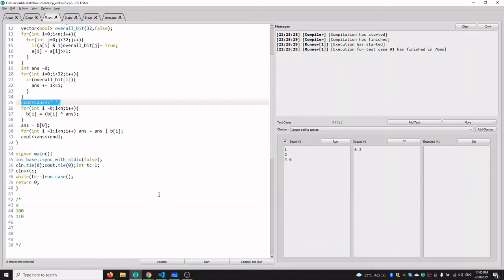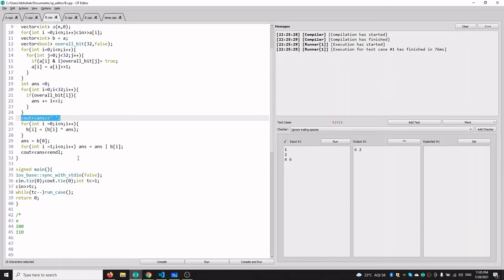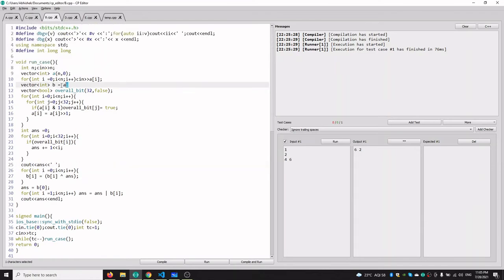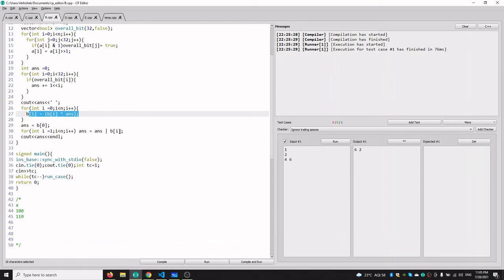And another task we have to do in this question is that we need to convert the original array by taking XOR, and we need to print the OR of that array, that is the final minimum answer. So we have copied the previous array in another vector, that is b, and finally we are taking XOR of each element of b with our answer and printing the OR value of the whole array.